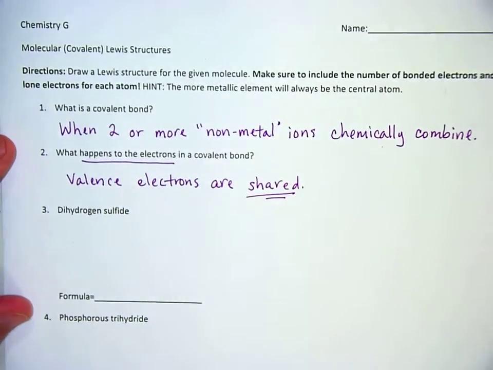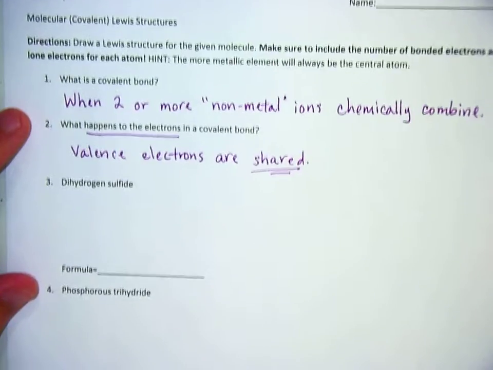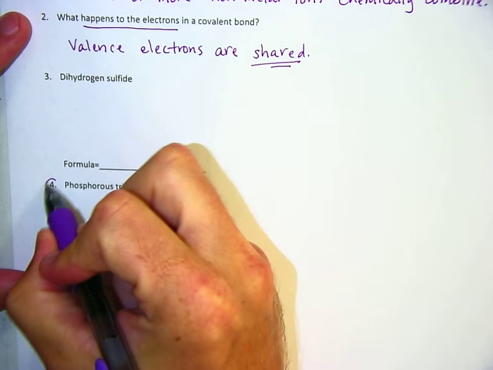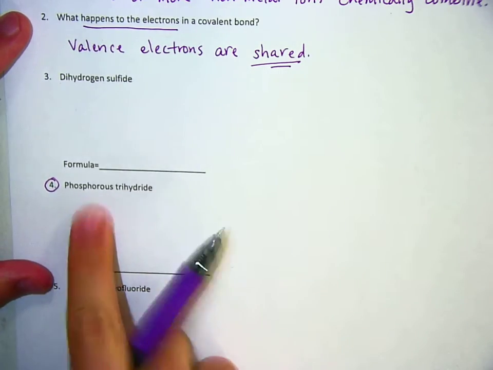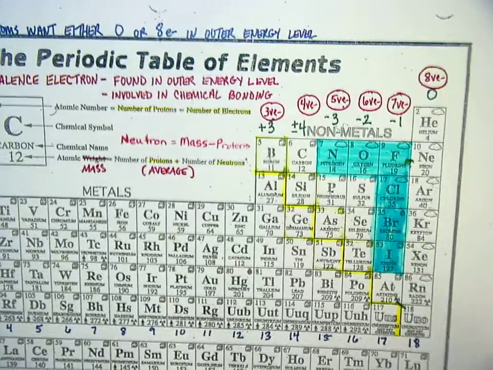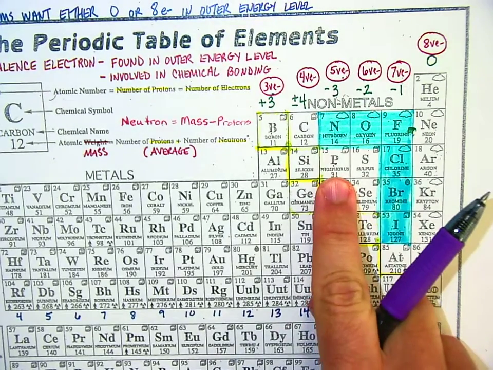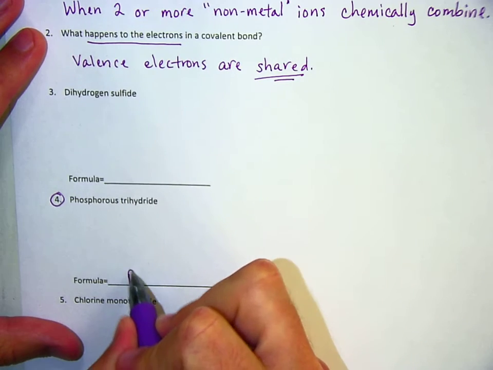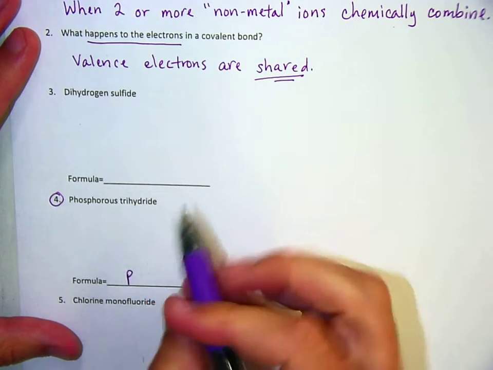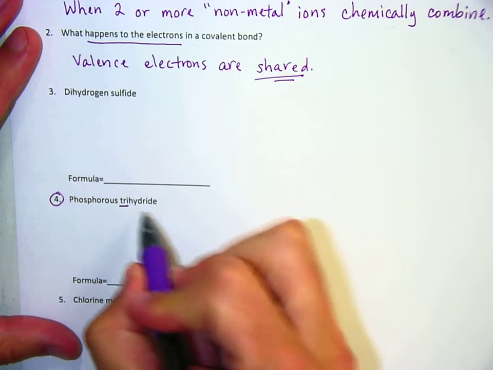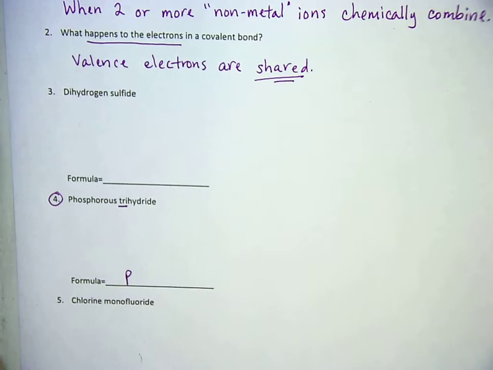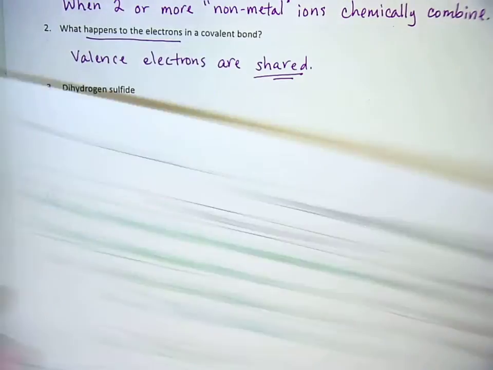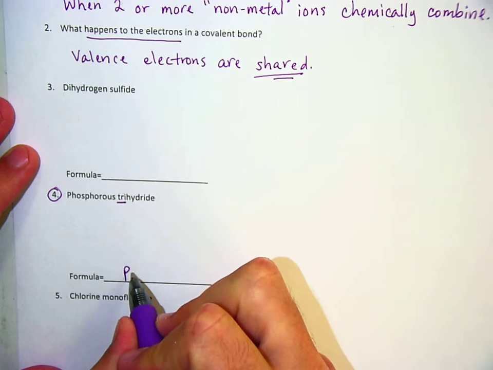Okay, so the first example we're going to do is number 4, phosphorus trihydride. So phosphorus, since it's just its regular name, you just look up the symbol, which is letter P. Since there's no prefix around it, it's just the letter P. There's one atom. Now, trihydride. Hydride stands for hydrogen, but the tri, if you don't remember, look at your notes for your prefixes. Tri means 3, so there's 3 hydrogens. So we write it as